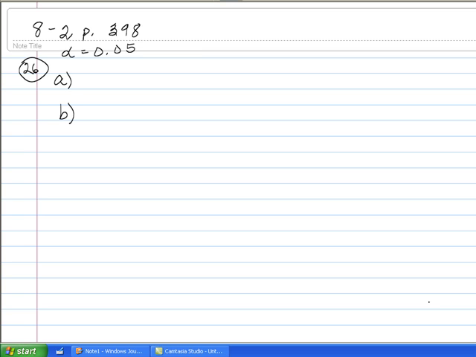And we're told to assume a significance level of alpha equals 0.05 and to, A, state a conclusion about the null hypothesis, that is, to either reject or fail to reject the null hypothesis. And second of all, without using technical terms, to state a final conclusion that addresses the original claim. Okay, so let's take a look at number 26. The original claim is that fewer than 20% of M&M candies are green. The hypothesis test results in a p-value of